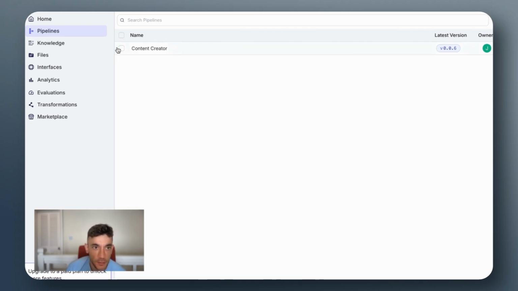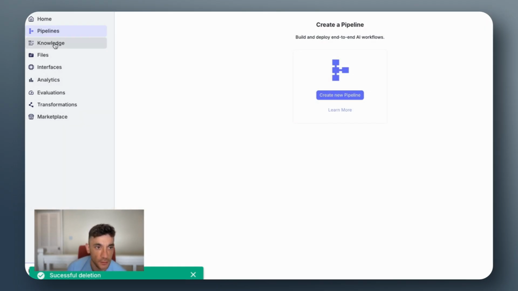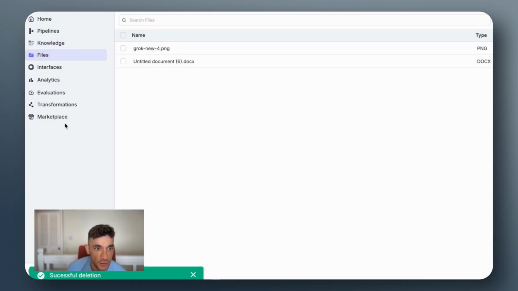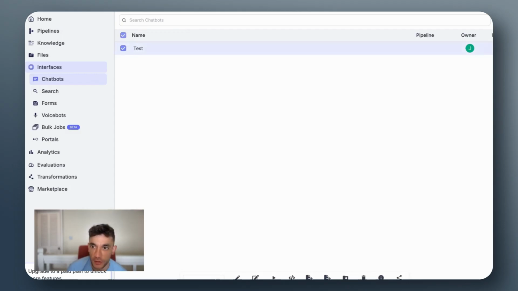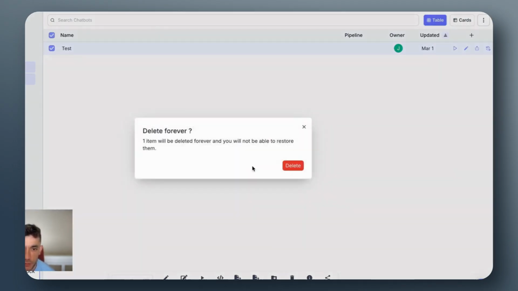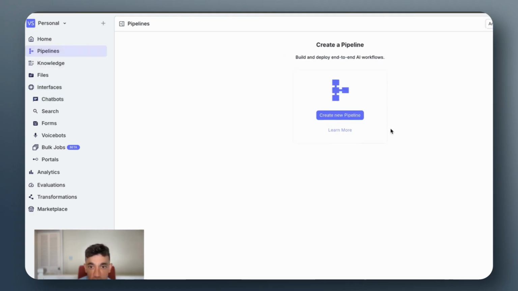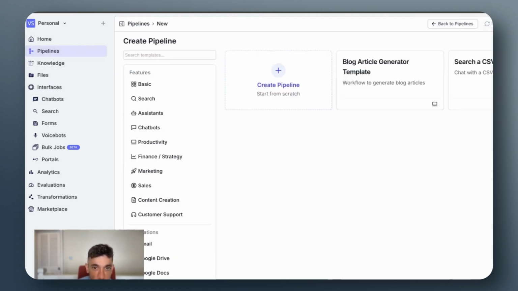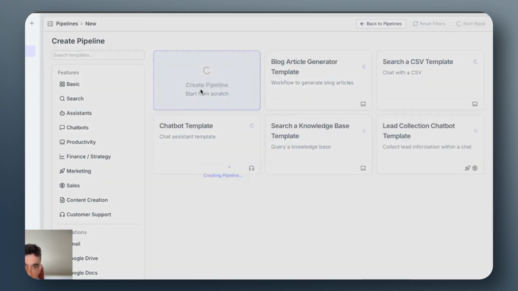All right, so let me just delete this previous pipeline and make sure that we've deleted the other chatbots that we've deployed in the past. And you can build one free chatbot or AI agent with Vector Shift using Gemini 2.5 as well. All right, so there's a bunch of different templates like you can see right here, or we can just click